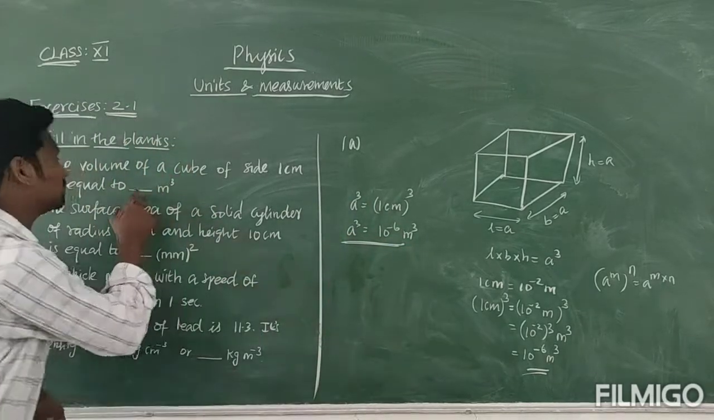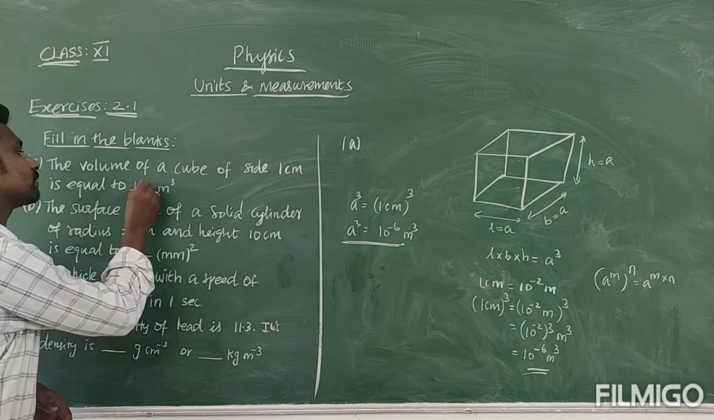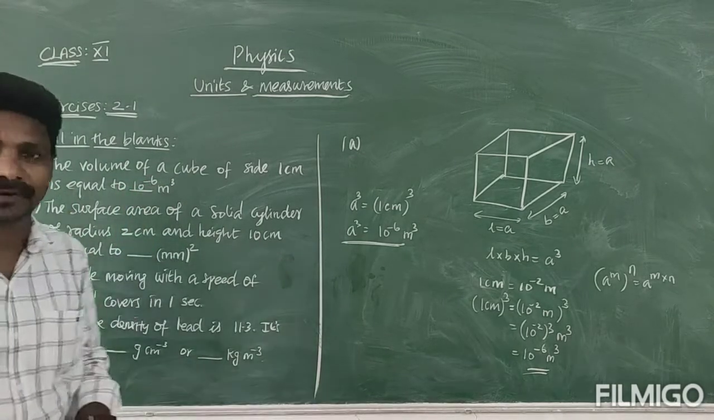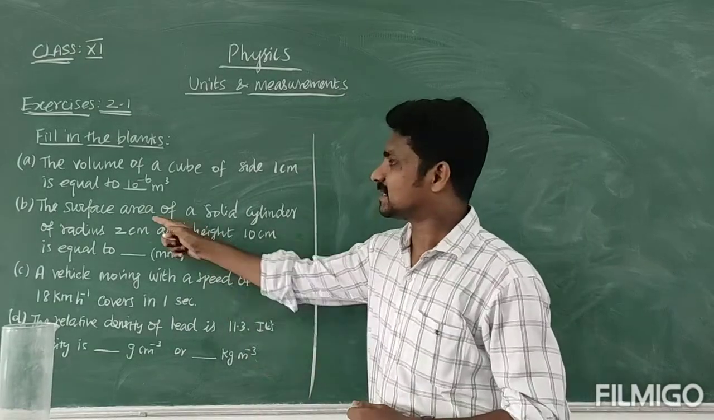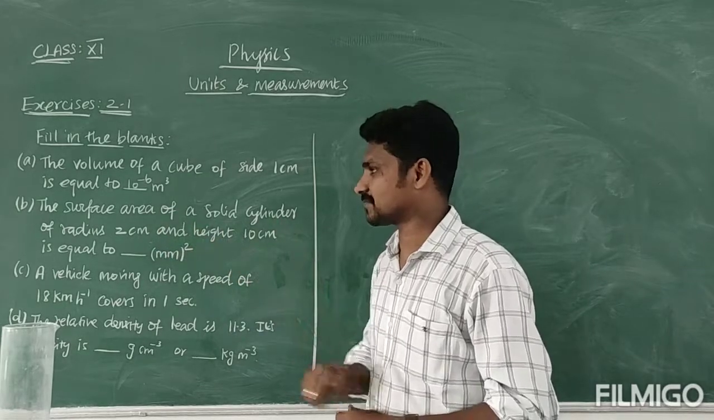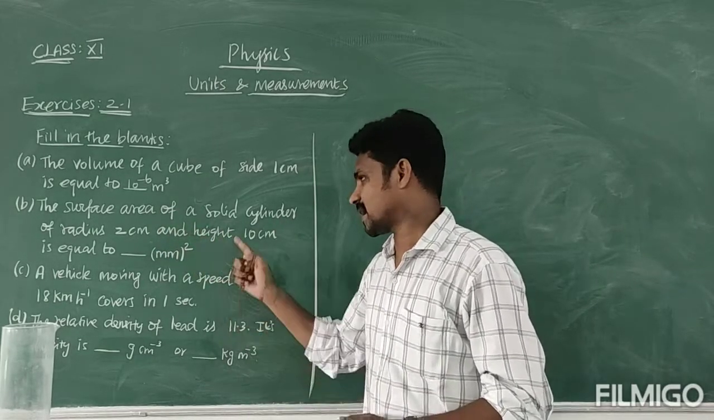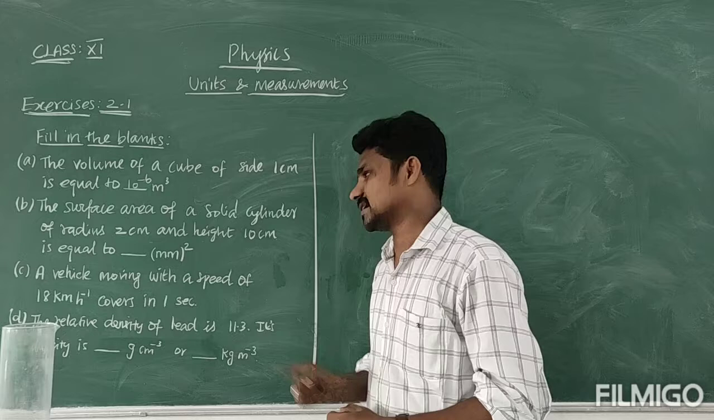So in this build-ups what will come? 10 power minus 6 meter cube. Okay. Next one, the surface area of solid cylinder of radius 2 centimeter and height 10 centimeter is equal to